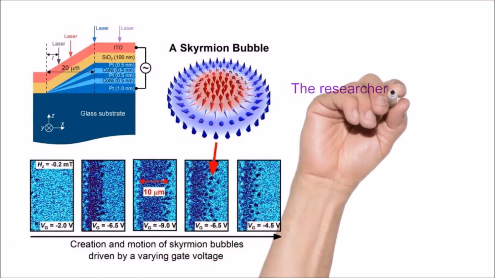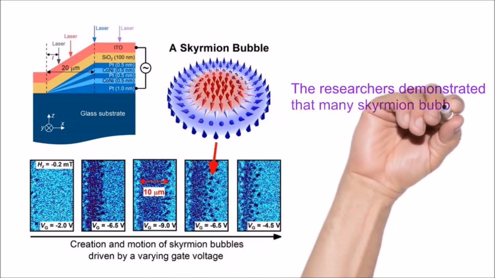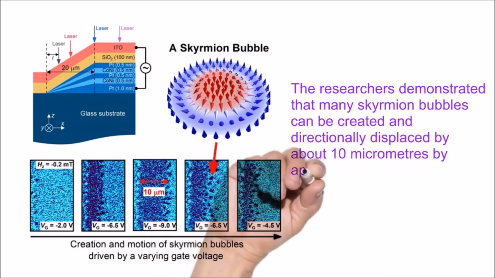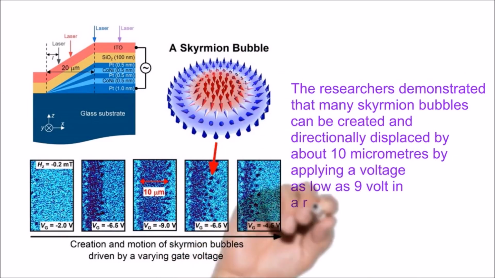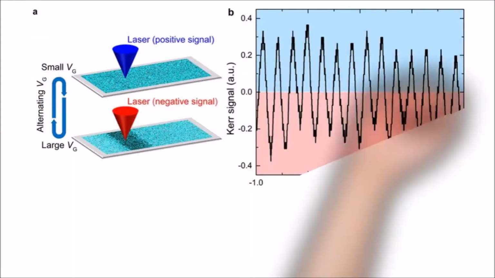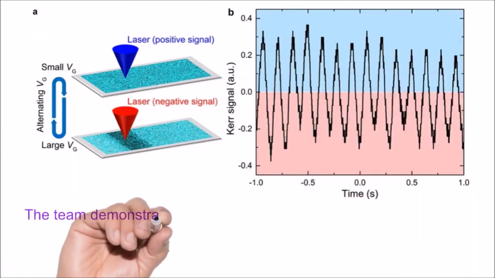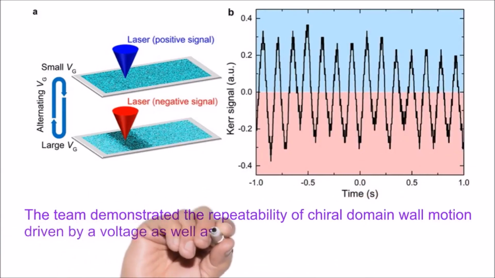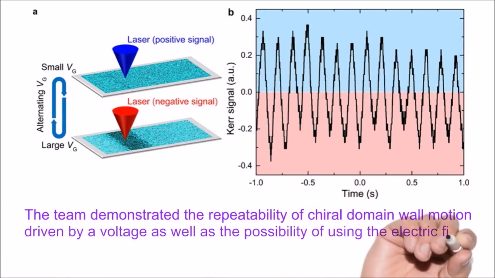The researchers demonstrated that many skyrmion bubbles can be created and directionally displaced by about 10 micrometers by applying a voltage as low as 9 volts in a repeatable manner. The team demonstrated the repeatability of chiral domain wall motion driven by a voltage, as well as the possibility of using the electric field